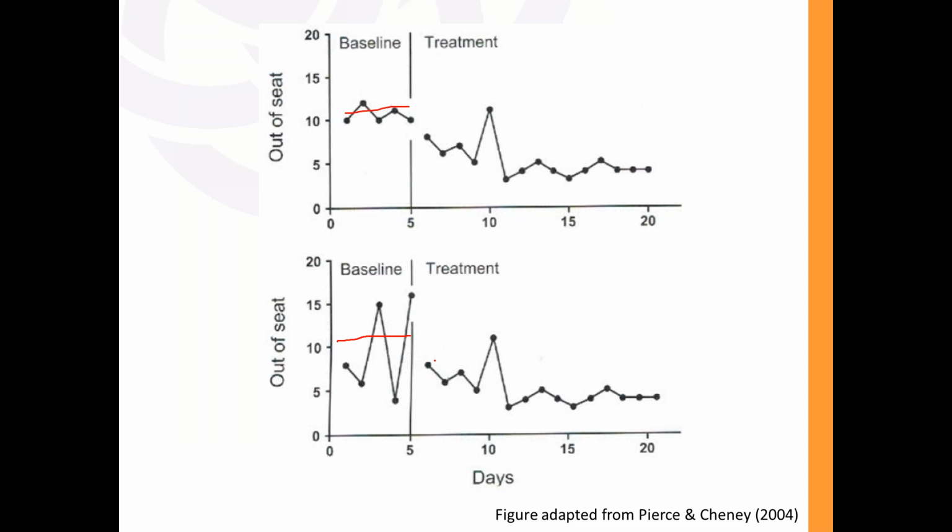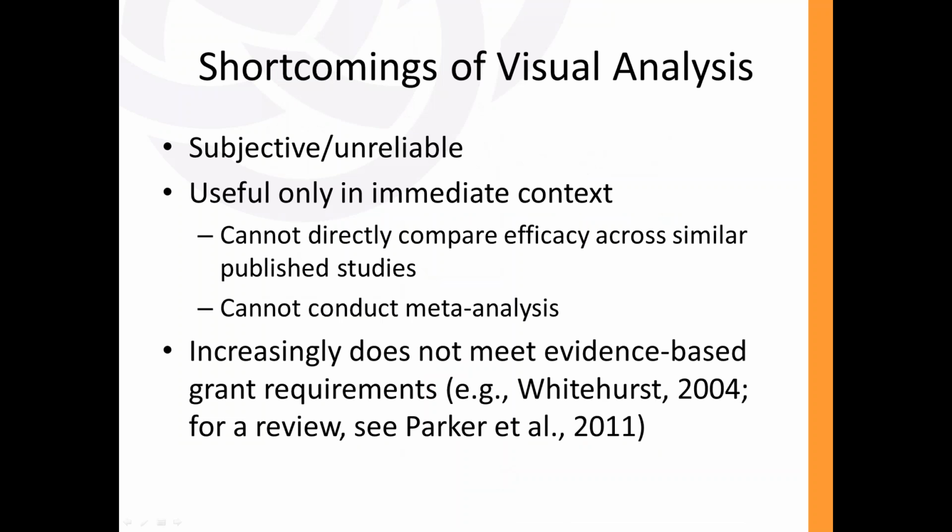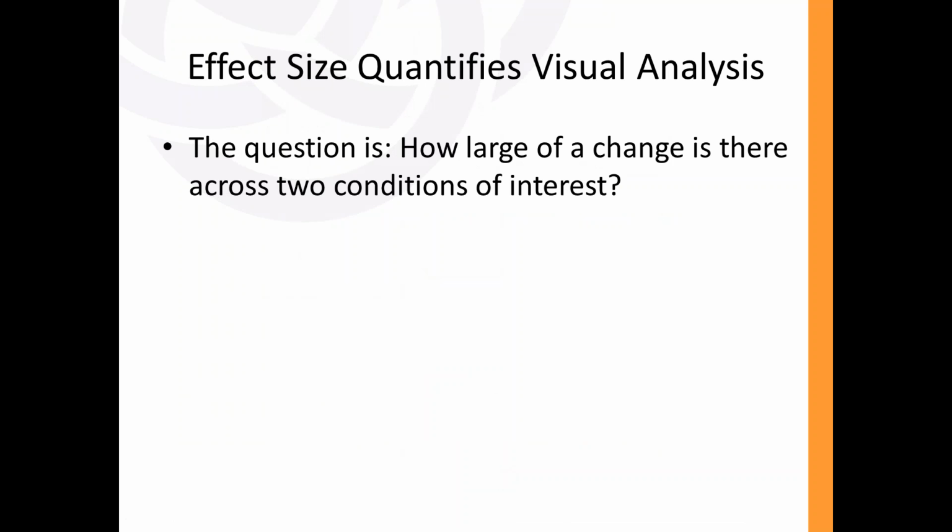But as we'll see, the way that we want to quantify these effects has sort of evolved over time. So in the 70s and 80s, like I said, it started looking at the average before and the average after. That's not enough. So what they've come up with are some metrics that are more precise and more descriptive and more appropriate to the kind of data that we deal with in ABA. So the question with quantifying effect sizes is how large of a change is there across two conditions